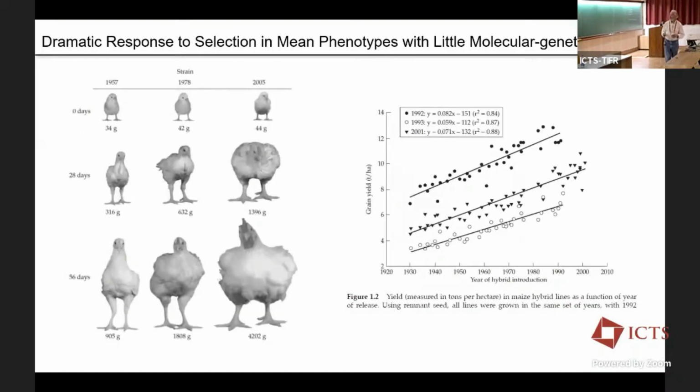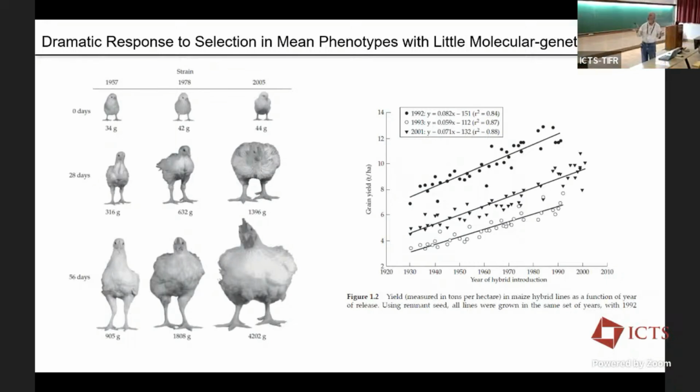So just to get started, I wanted to point out that evolutionary biology is a really broad field, and lots of people are doing lots of different things and operating from different ways of thinking. For a lot of people in evolutionary biology and in breeding, this is what you're interested in: directional response to selection, making things bigger, smaller, faster, slower, whatever happens to be your target destination. And this works really well without even really knowing any genetics.